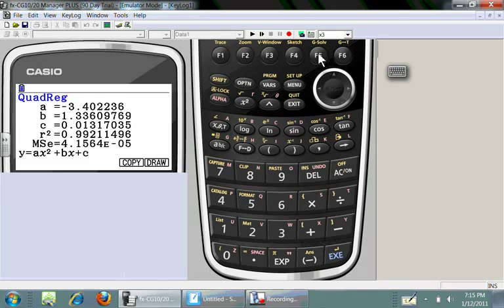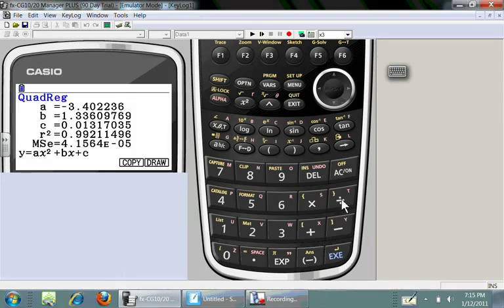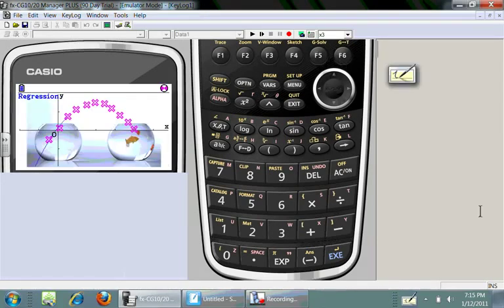What I like is one button pushing here. I didn't have to tell it where the information was. It already knows. I'm going to copy that into my y equals editor. I'll go ahead and draw that. And now if I wanted to find out critical information like how high was the fish at its maximum point, I just press max. And then it finds the maximum for me. And it tells you that I found the regression equation. I found the maximum at the very top here. It says it's the maximum, and those are the values.